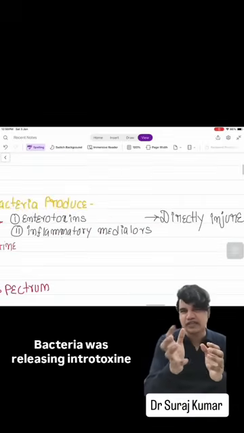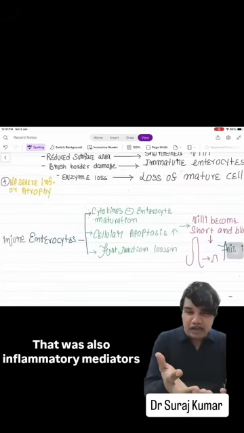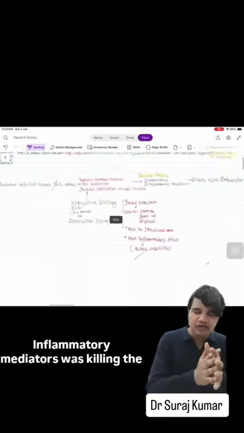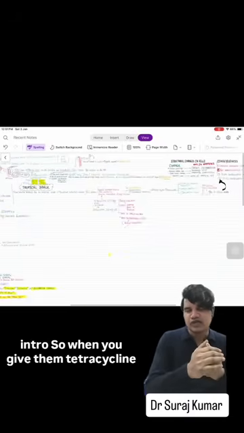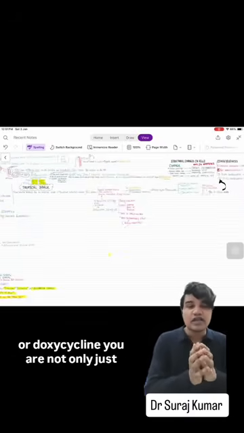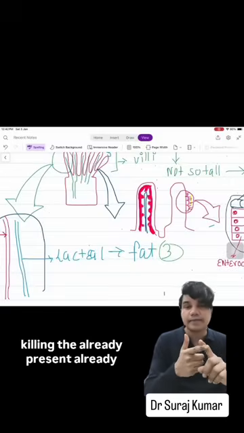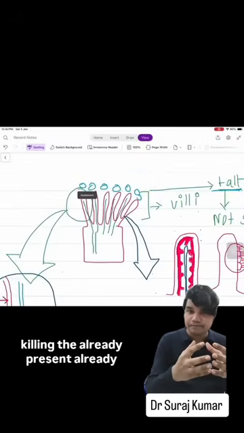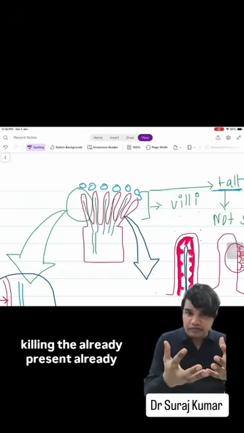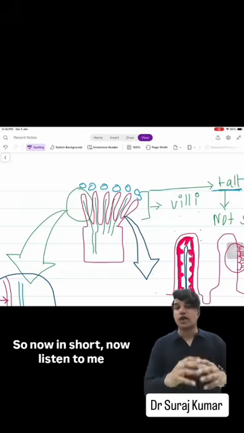What was happening? Bacteria was releasing enterotoxin. That was also inflammatory mediators. Inflammatory mediators were killing the enterocytes. So when you give them tetracycline or doxycycline, you are not just killing bacteria, you are also killing the already present inflammatory mediators. Okay, so now in short,